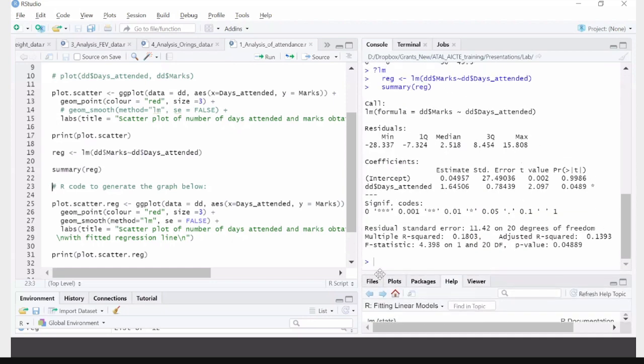This is the summary statistics here. I have fitted the formula DD marks against DD days attended, and these are the residuals. The intercept is 0.004, and the days attended coefficient is 1.64. The intercept is not significant, and the days attended is just significant at the 5% level, just less than 0.05. The residual standard error is 11.42 with 20 degrees of freedom, and the multiple R square is